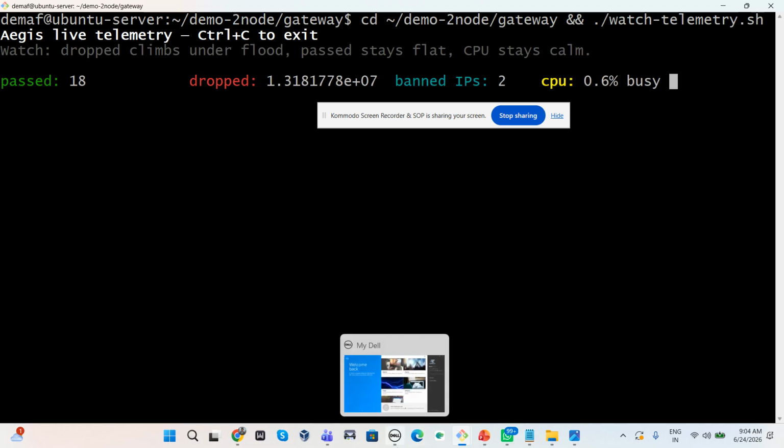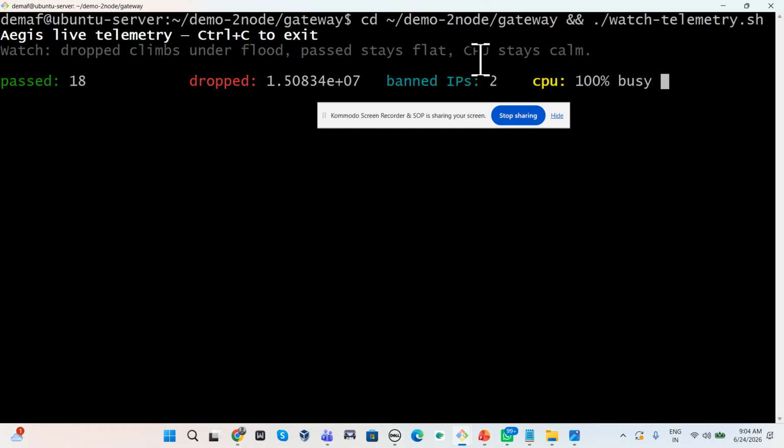We are moving to the final scenario, the resilience close. And the part I'm most proud of is this one. I will kill the brain entirely. The AI layer is now down. The kernel keeps enforcing, the ban holds. Legitimate traffic still flows. Enforcement that survives the failure of everything above it. That's the floor most stacks don't have.